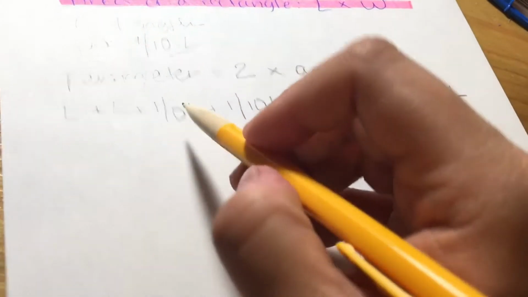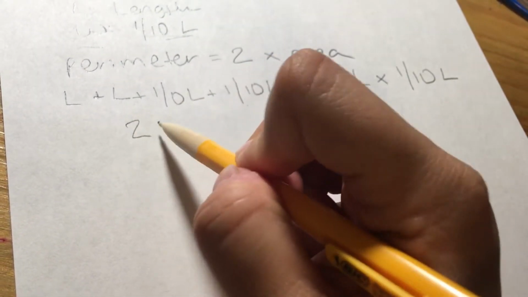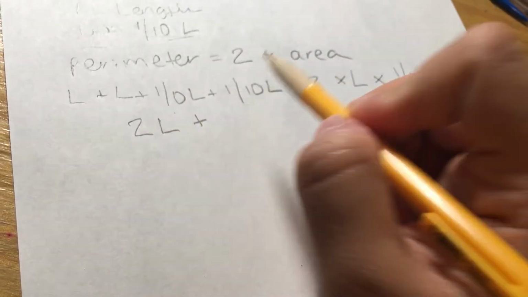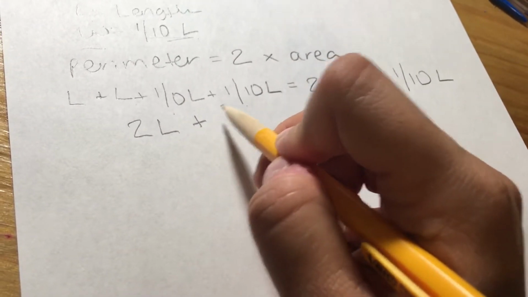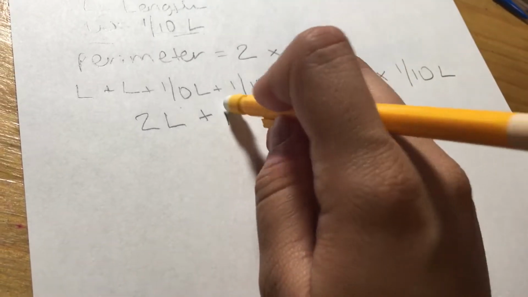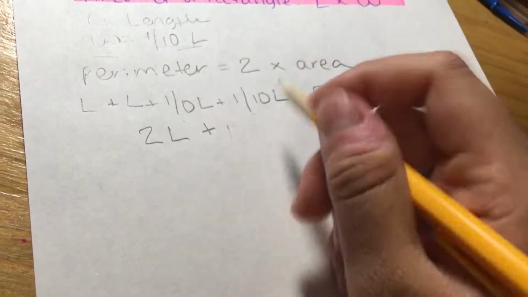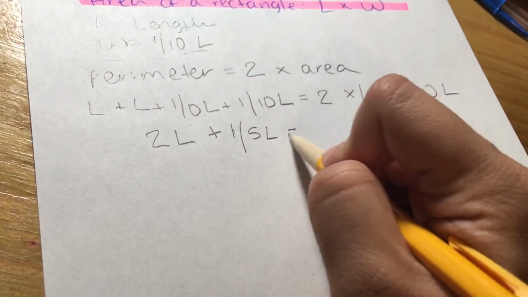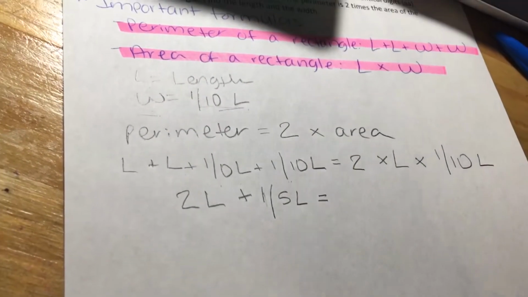So what is L plus L? You get 2L plus, okay, 1/10 L plus 1/10 L is 2/10 L, or 1/5 L. I'm going to go ahead and reduce it. I'm going to write 1/5 L right here, equals,